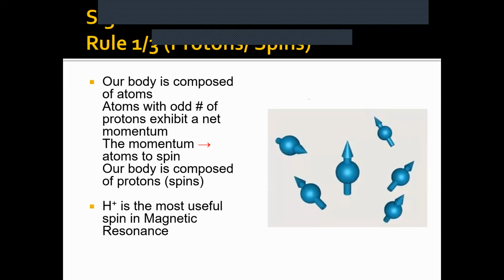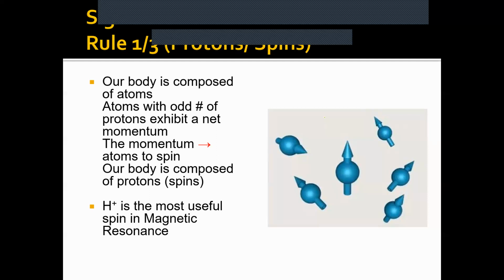So the basic principle of MRI runs on the idea that protons have a property called spin. Okay, and basically it's a type of momentum. I'm not going to bother you with the physics details, but the idea is that this spin can interact with magnetic fields. Okay, and the other key thing is that the atoms that are useful for MRIs have an odd